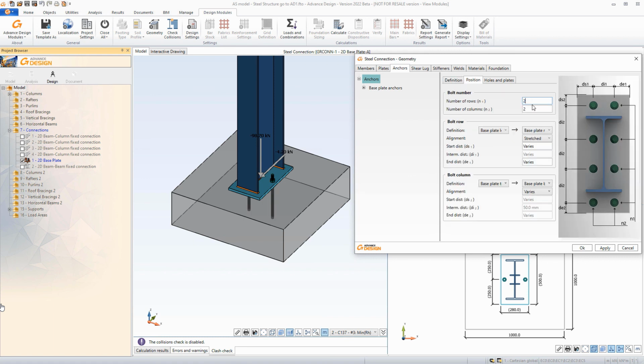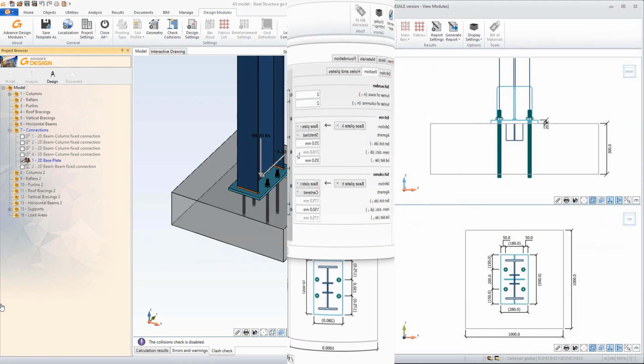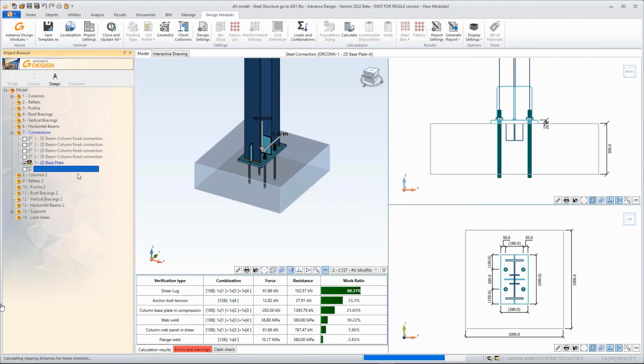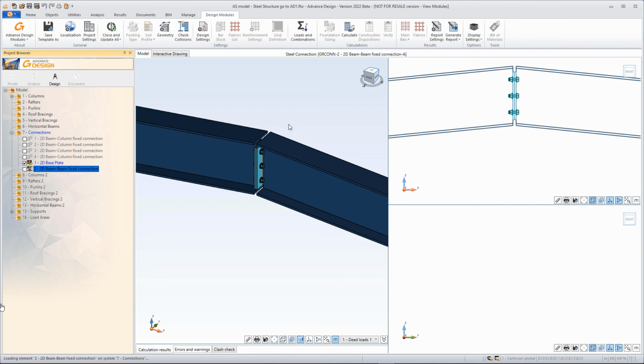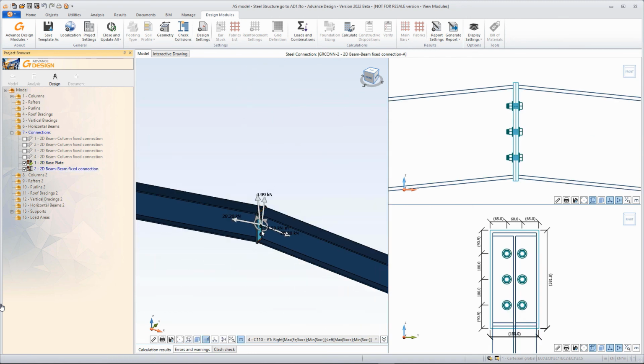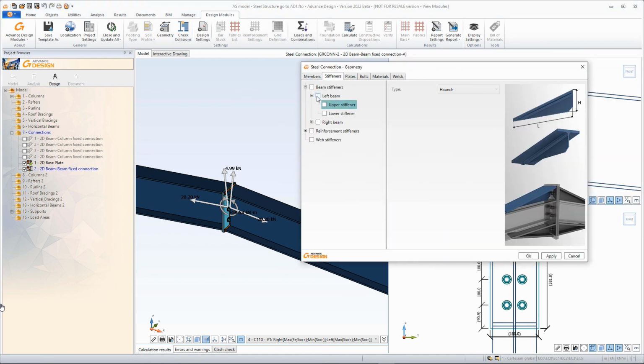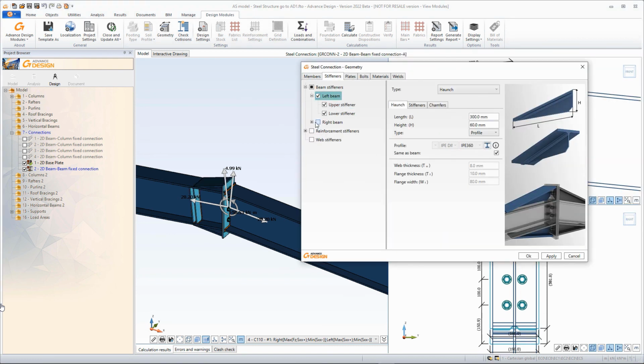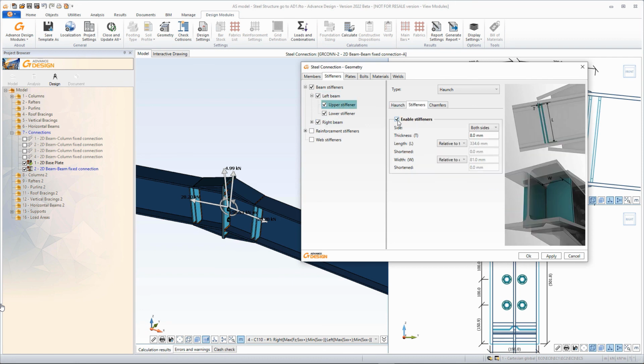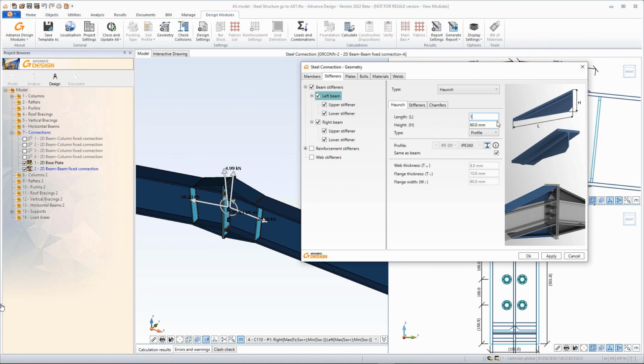The steel connection is a very clear interface which offers a complete range of settings for the dimensions of the plates, the way we are going to place the anchors as well, and the steel connection module is usable for several types of connection. We can use it for apex connection, so you know the apex joint is commonly used for roof beams. It consists of 2 beams spliced with bolts and plate and optional haunches.